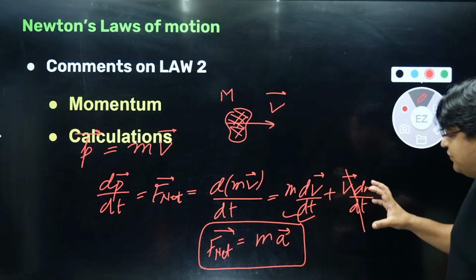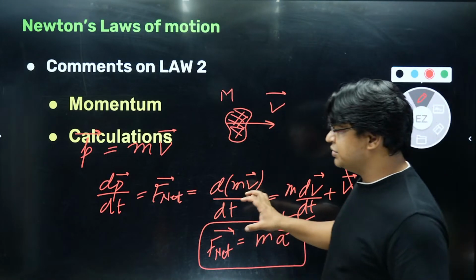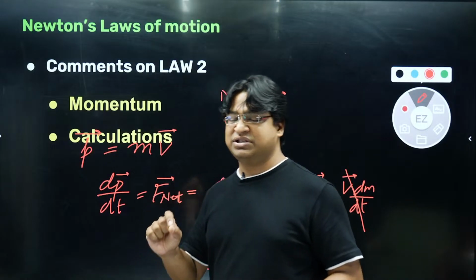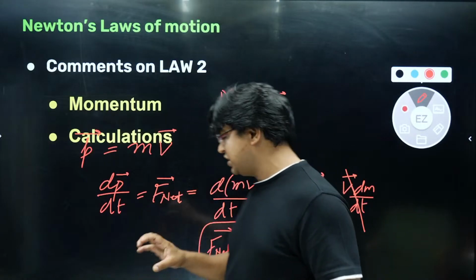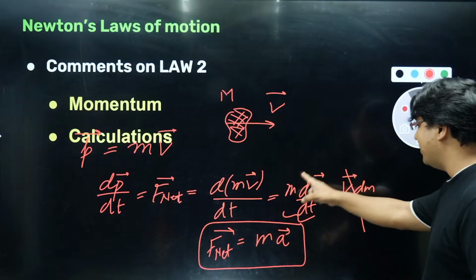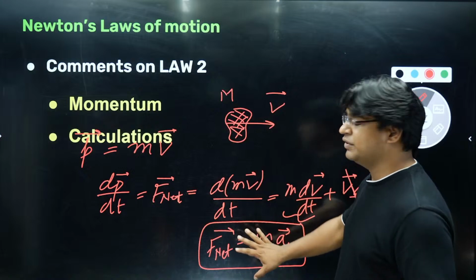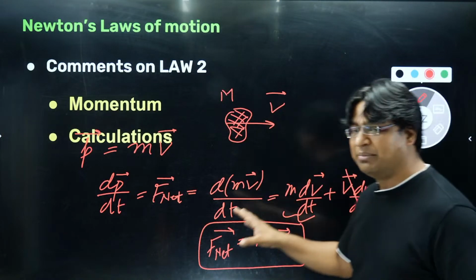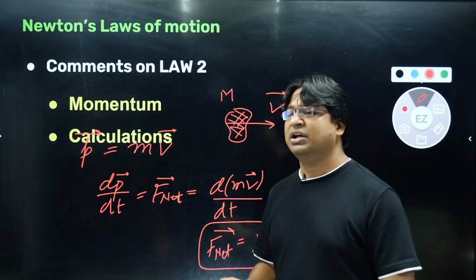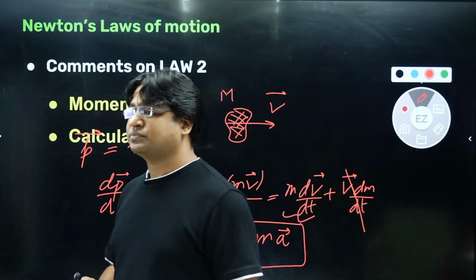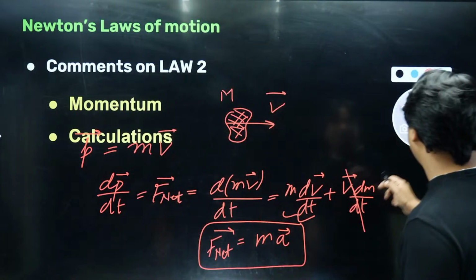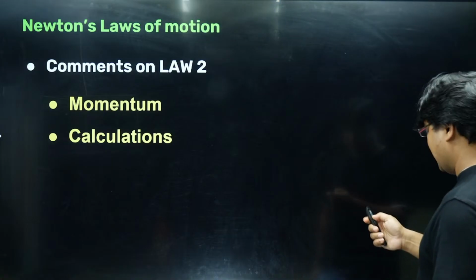So we are good to apply this equation for the majority of things, but whenever we see that the mass is changing significantly, we cannot apply this. Then we have to go back to this equation to solve. As of now, you can rest assured that this is what we are going to use. When this comes, it will come in the momentum chapter. We'll talk about that at that time. All right, I believe that part is done.